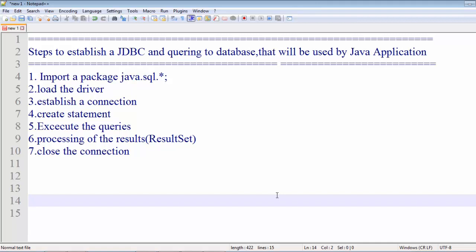So we will be using an RDBMS that is known as MySQL. MySQL is an open source relational database management system. It is an RDBMS that uses structured query language, that is SQL, for accessing the database.